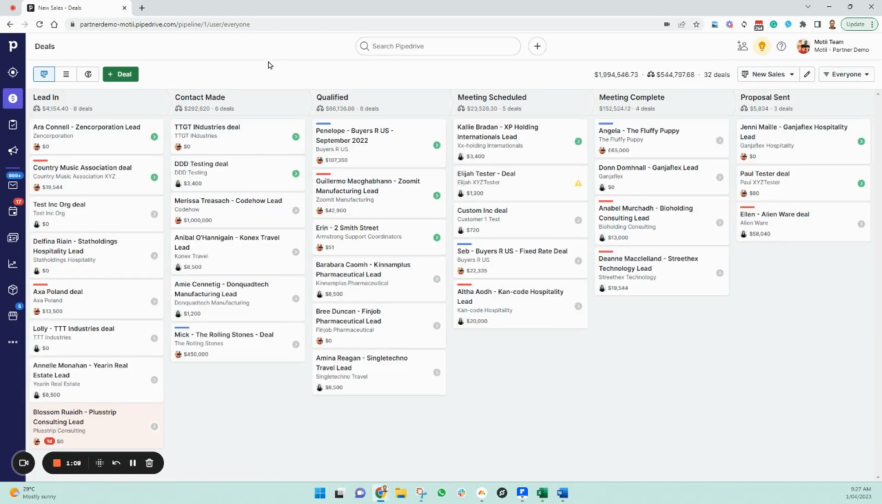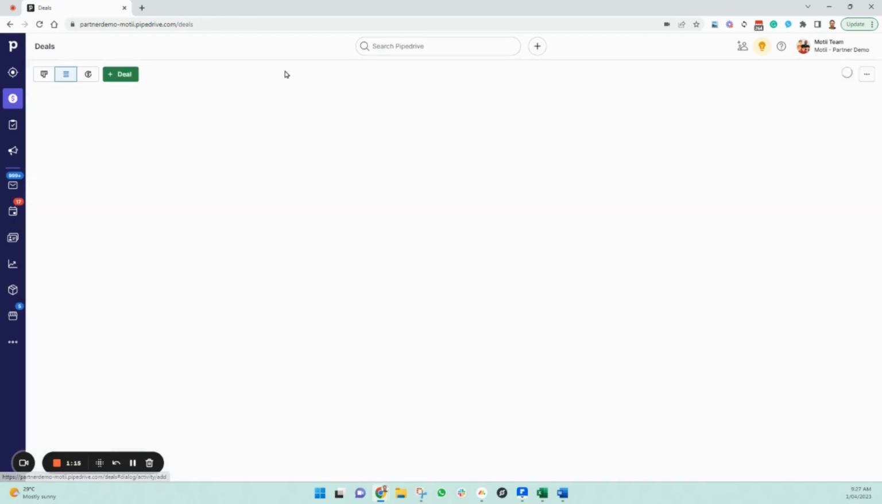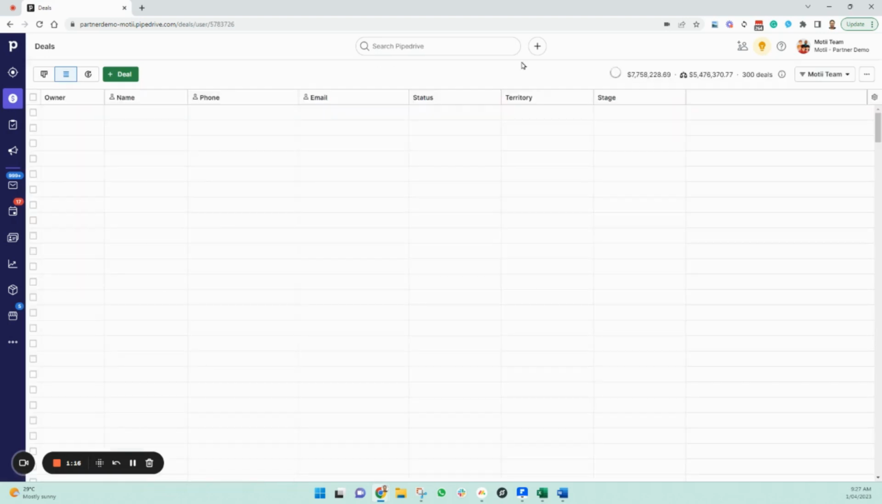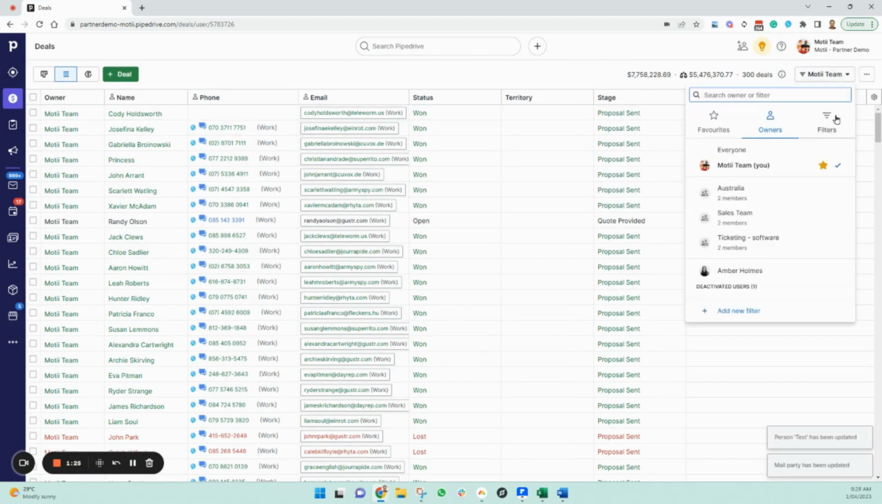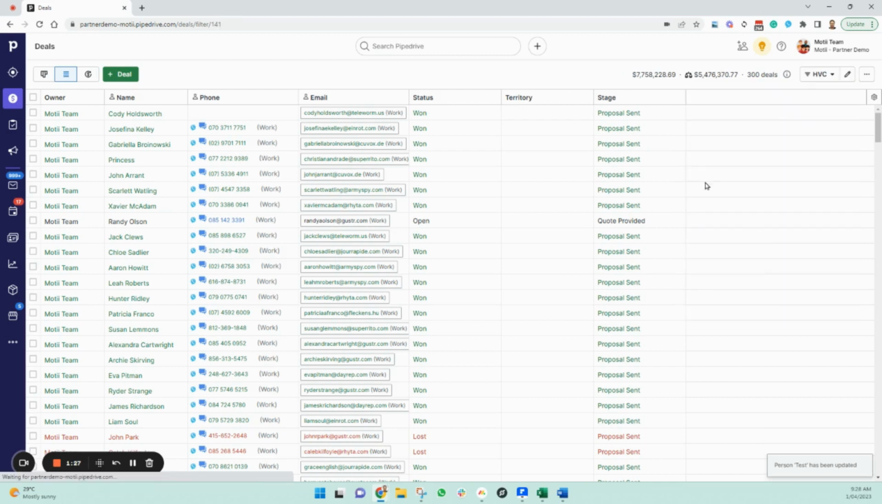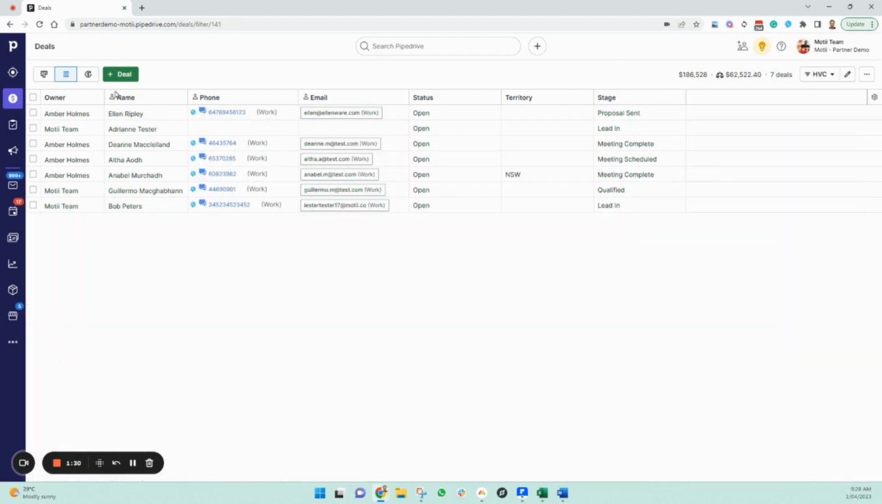The next thing we're going to have a look at here is the list view. So we've been looking at the pipeline view. I can click here onto the list view within the system. And in this list view, I can see all of that same information, but organized in a spreadsheet style view. So I can go into a filter here to look at my HVC deals in a list style view, and